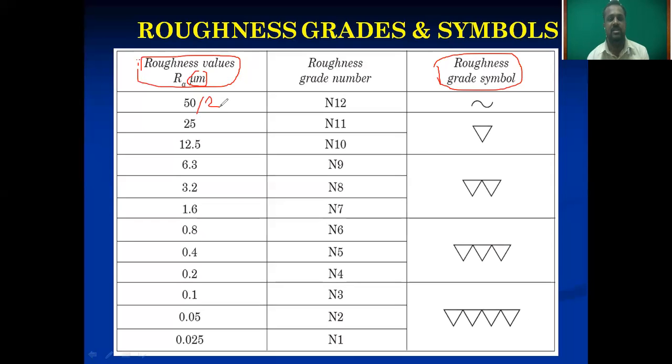Good, good. So what to do, see: suppose we take only 50 micron first, that value we have to remember. Only this first surface roughness value we have to remember, and then how to calculate the second? Just divide this value by 2. Then what is the answer? It will be 25. Again we divide the 25 by 2, it will become 12.5, something like this. Again we divide by 2, it will become 6. See, is it correct or wrong? Please do it.